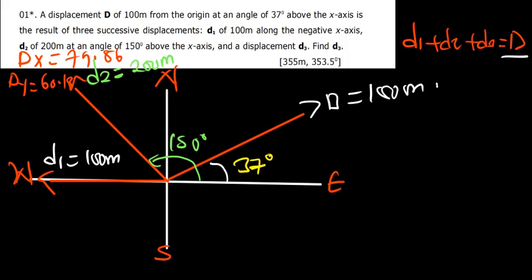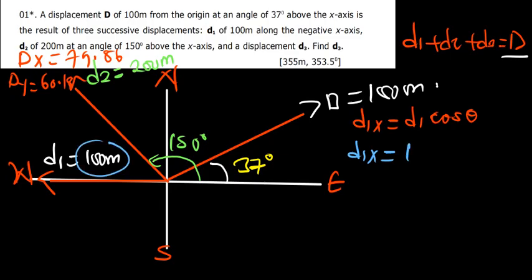So I'll say my d1x will be equal to the D1 cos theta. So my d1x will be equal to, what is my D1? My D1 is the vector, which is 100. So I'll put 100 cos the angle now. The angle, since it is going toward west, which is negative x-axis, the angle is